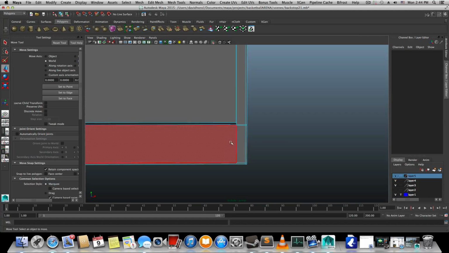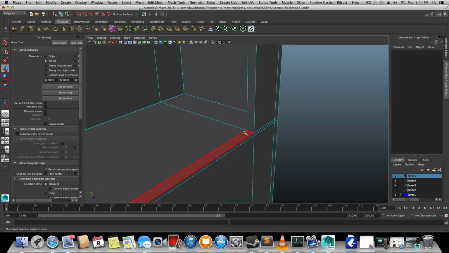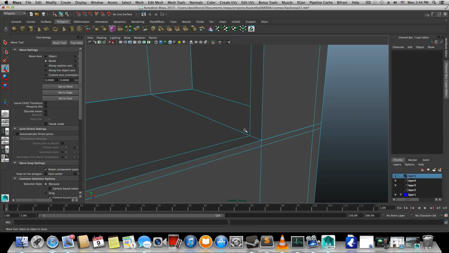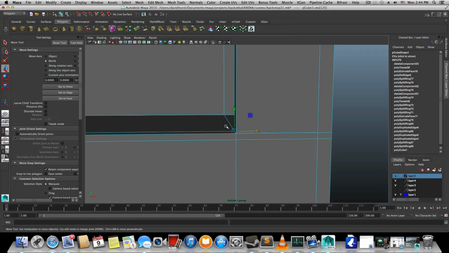So I can now connect those, right? I can come and connect those vertices that are open here. So if I select any vertex here, this one or this one, you can see that there is an open gap here. It's still open. I need to firm this. I need to weld those vertices into each other. And